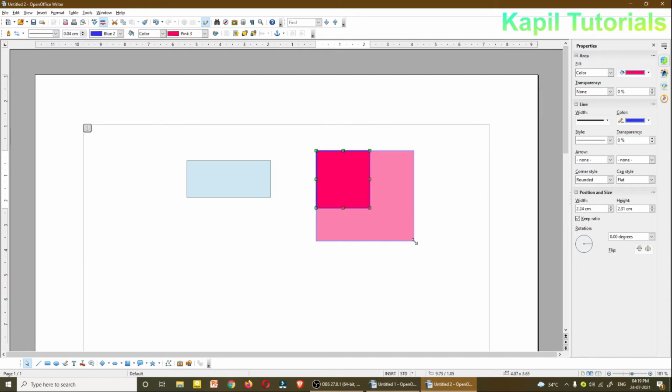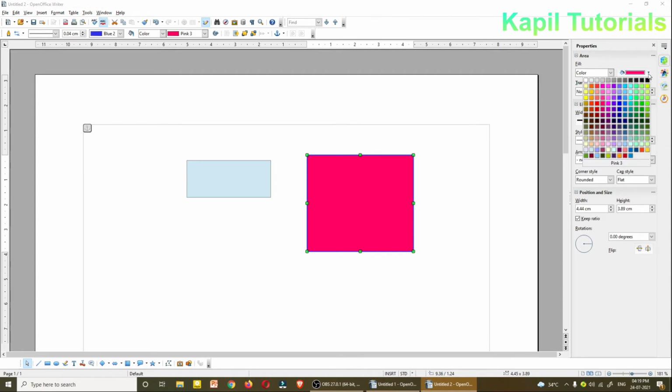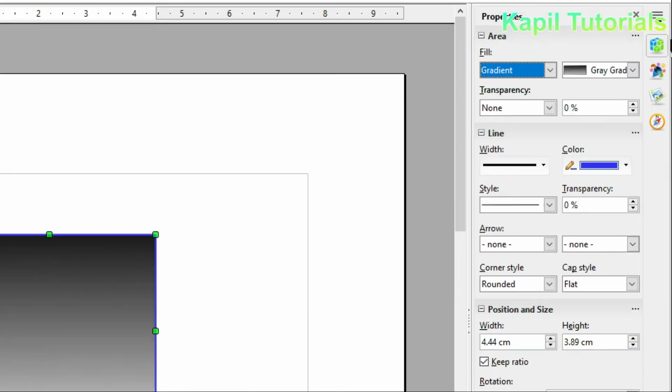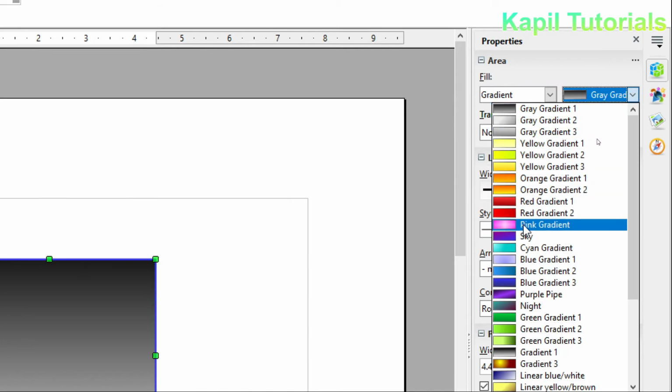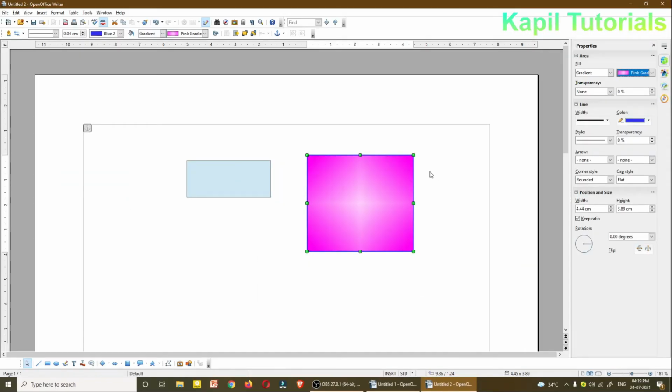Now taking the same example of a sphere, in fill I can use gradient also. Now just see the gradient option, mixing of color, and with gradient now plenty of options are there, like pink gradient. And with pink gradient, transparency I have already told you. You could see here different transparency options, radial. None, if I do. And from here, now with linear, suppose I've selected linear.